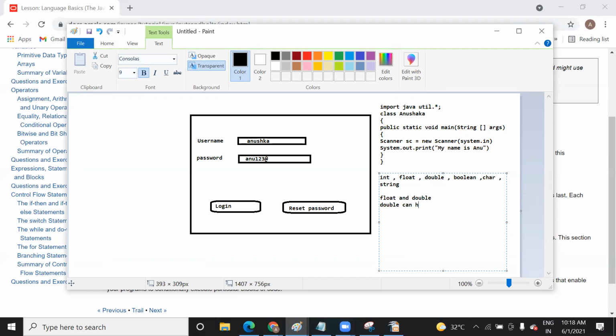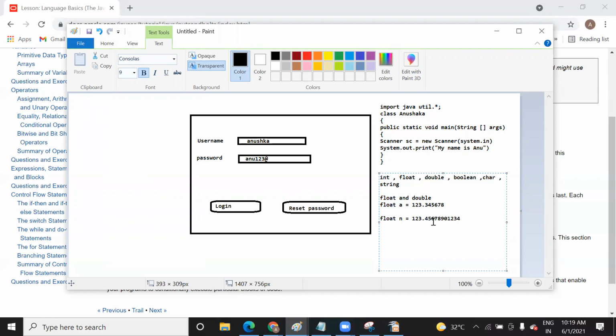Let me give you an example. float a is equal to 123.345678. This is valid in float. But suppose you have more precision, a value like 123.45678901234.